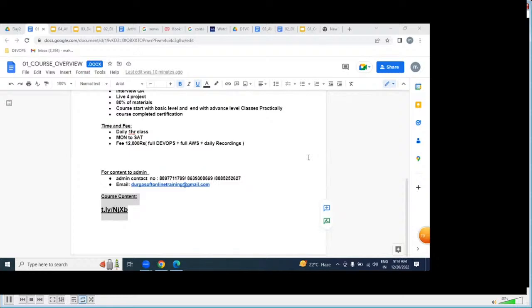What is exactly the profile? After completion of this course, you can become a DevOps engineer or an AWS admin. You can apply for both of these profiles. In your resume you can keep AWS admin or DevOps engineer. Fine. If you don't want to continue as a DevOps engineer and want to go only for AWS admin, yes, you can go ahead. That much syllabus is covered. But if you want to keep DevOps, you definitely should learn AWS.